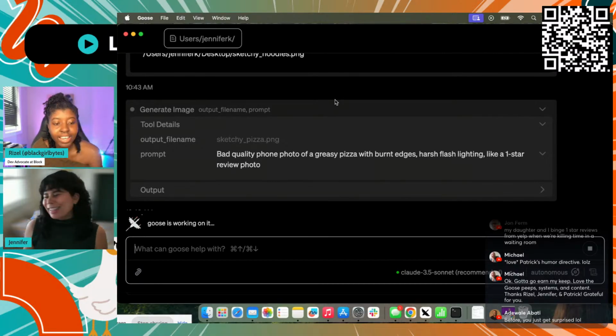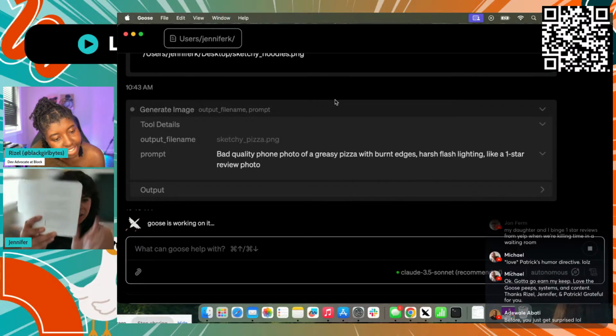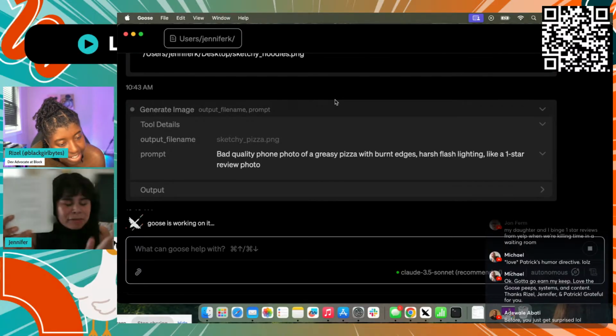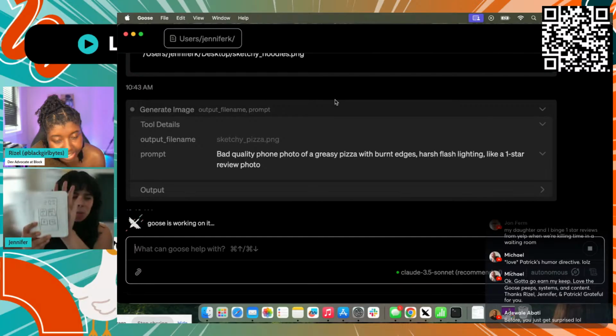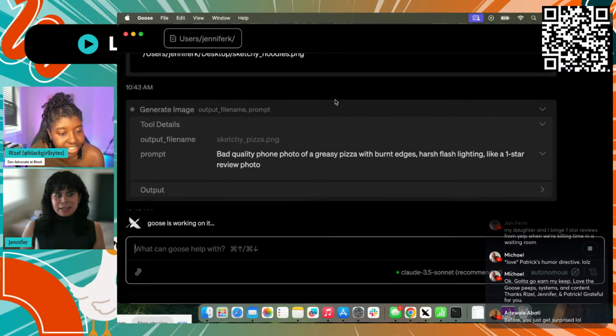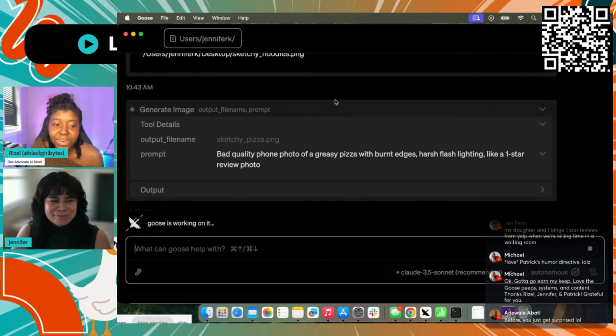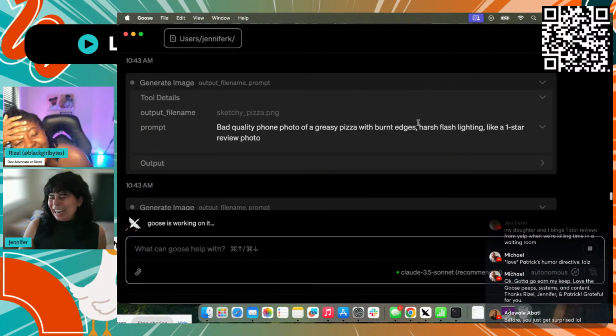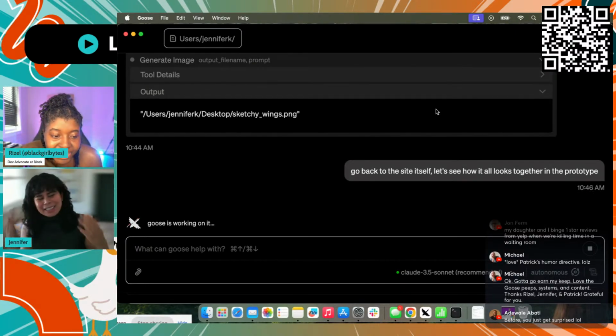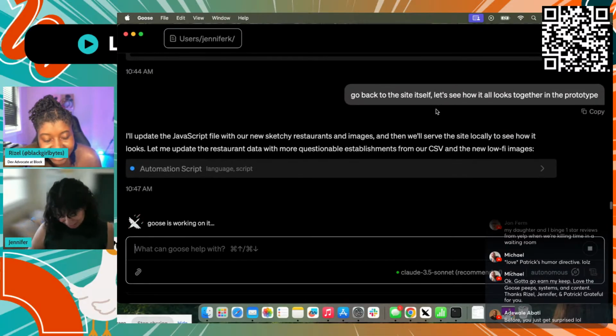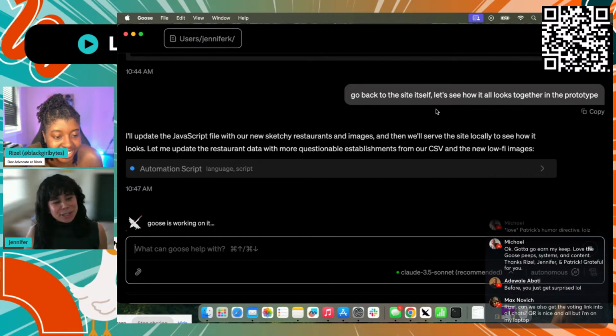Vibing together. Yeah, exactly. And then since I was just waiting, I started sketching out ideas of what I think the UI might look like. It's mobile, so we won't get this, but I always like to compare what Goose comes up with versus what I am thinking of, just like I would with a design partner. Wow, I'm actually impressed that you have time to draw on the side and brainstorm. I mean, if I was really on my game, I'd have like 4 different versions.